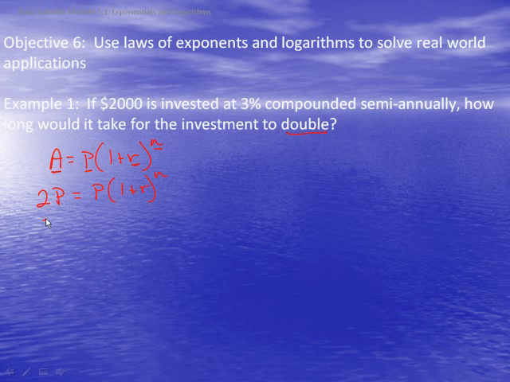So we have 2P is equal to P times, now our rate per period, if it's invested at 3% compounded semi-annually, and then the number of times, since it was semi-annually,